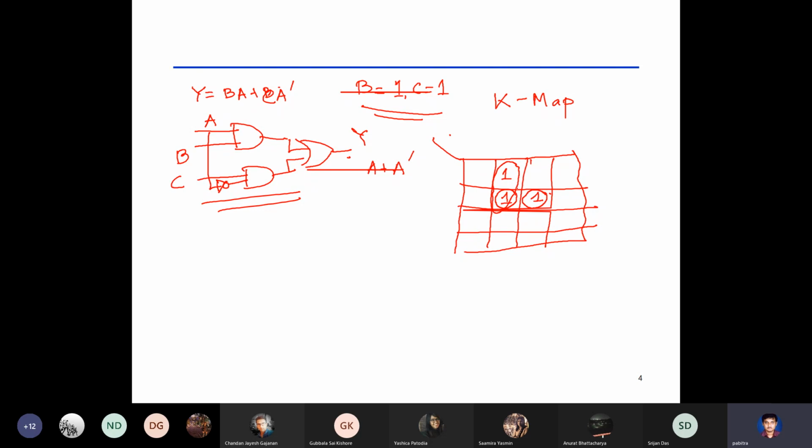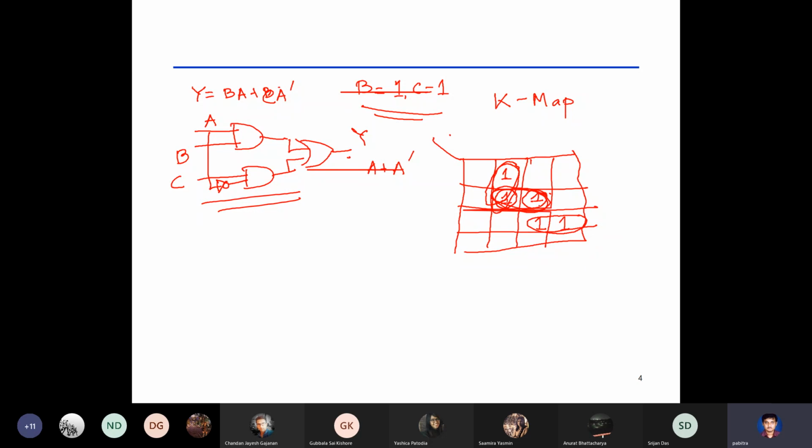So you look at 2 adjacent 1s, and suppose this realization corresponds to these 2 prime implicants. If there is an adjacent 1 which is not covered by a common prime implicant, a common product term, then we say that there might be a hazard. So if we have a situation like this,